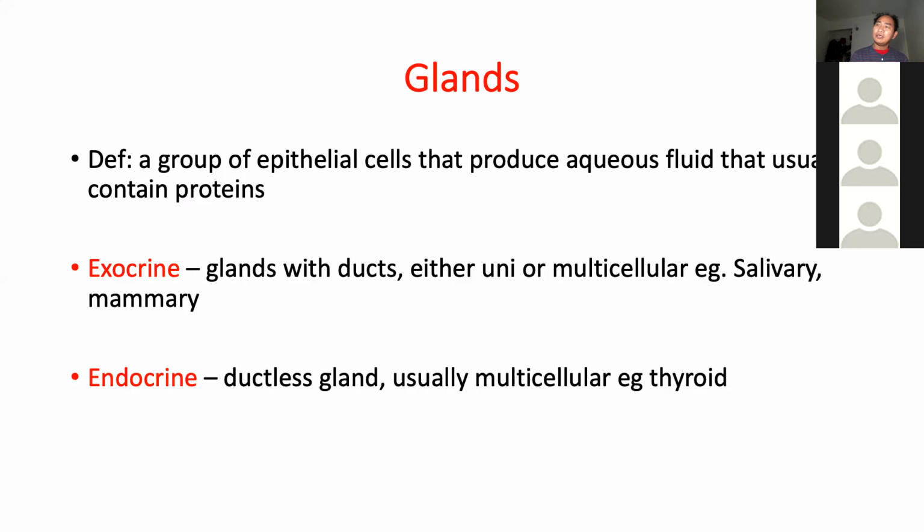Like pancreas bicarb secretion, it is the exocrine function. Pancreas glucose regulation is the endocrine function, because insulin secreted from the pancreas will go directly into the blood vessel. Therefore, it is endocrine